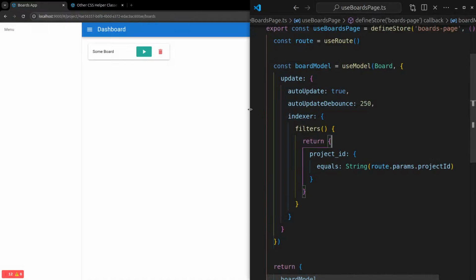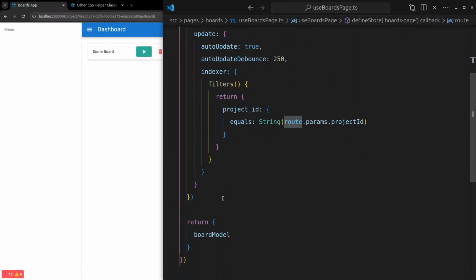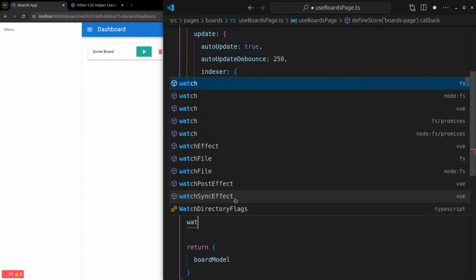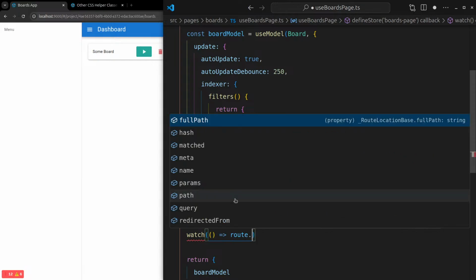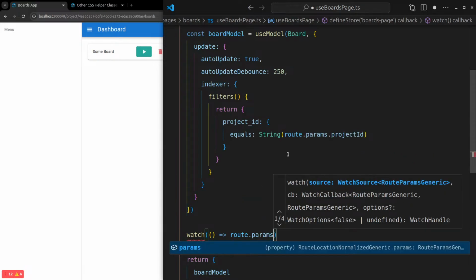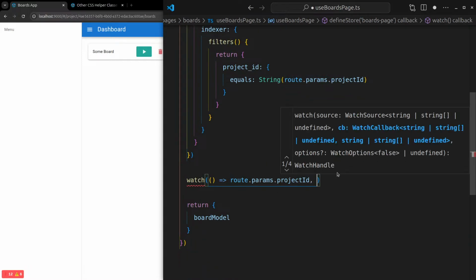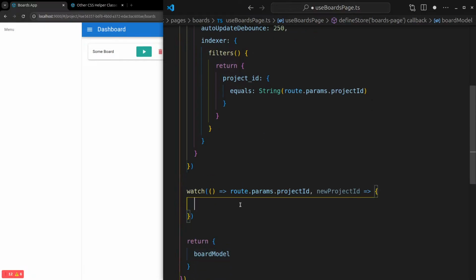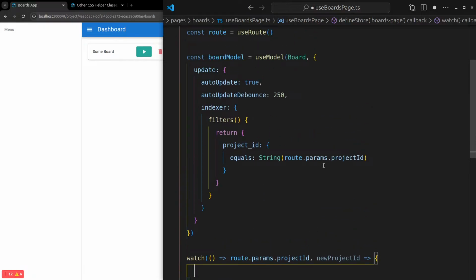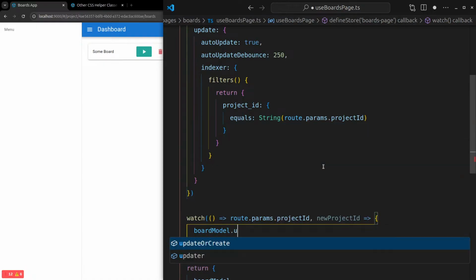But Pinia is global, so we need to tell it to basically fetch again every time that route changes. Can you watch a route? Pretty sure you can watch a route because it's just reactive. So route.params. Yeah, we could just do this, surely. New project ID. I don't even need a new project ID. We just basically tell this to make the forms again. Yeah. So then I think I would just go, hey,